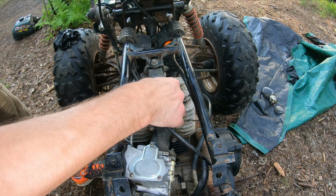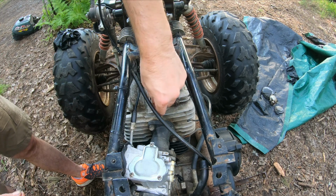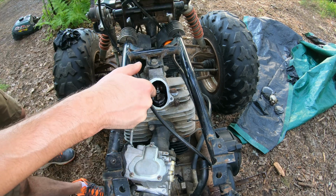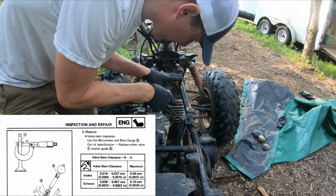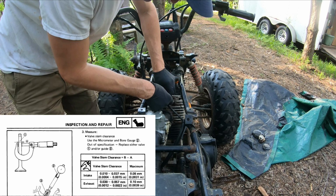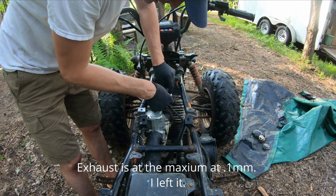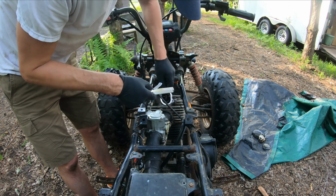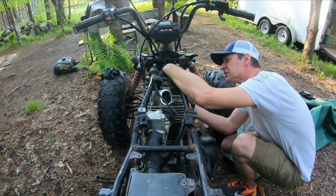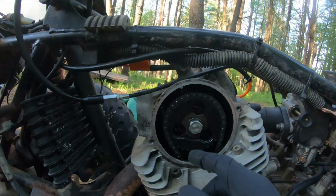So at top dead center, I've got play in there. Not bad. Let me go figure out what the spec is for both of these. 0.10. It is just dragging. Just dragging. Perfect. It is just dragging in here. Yep. So with the valves in spec,